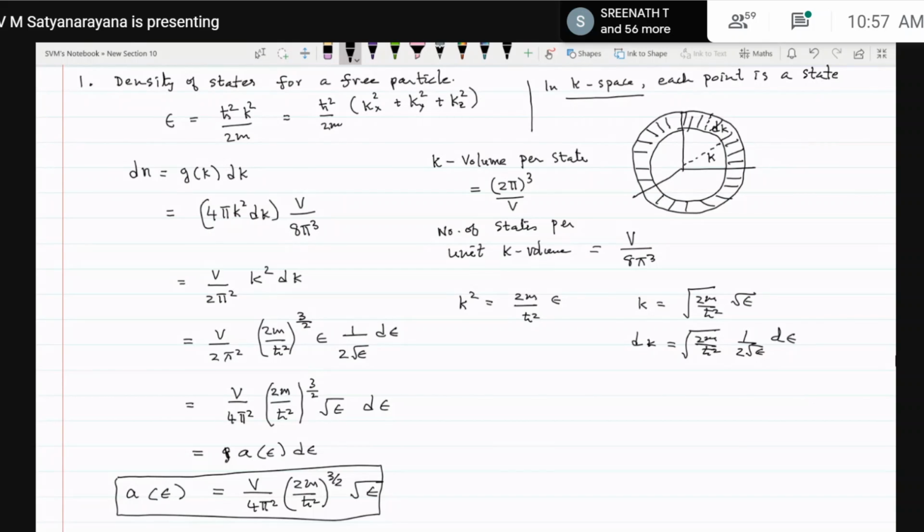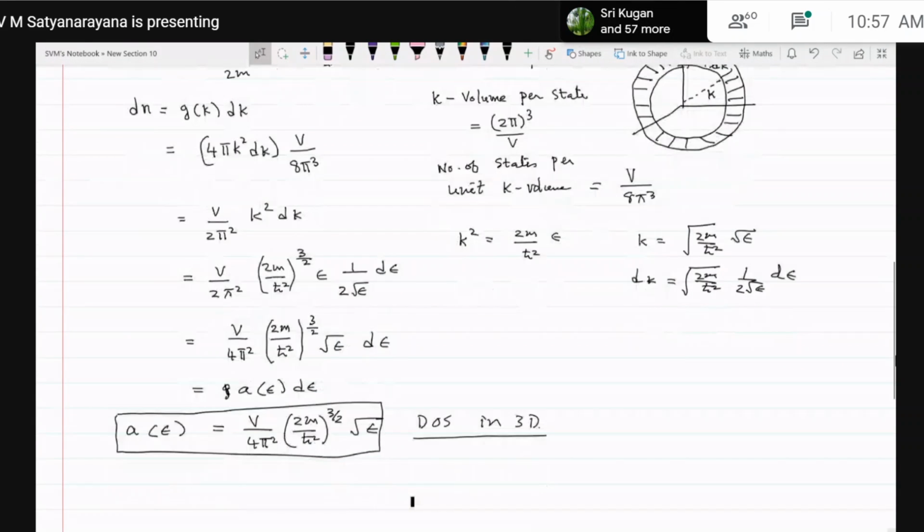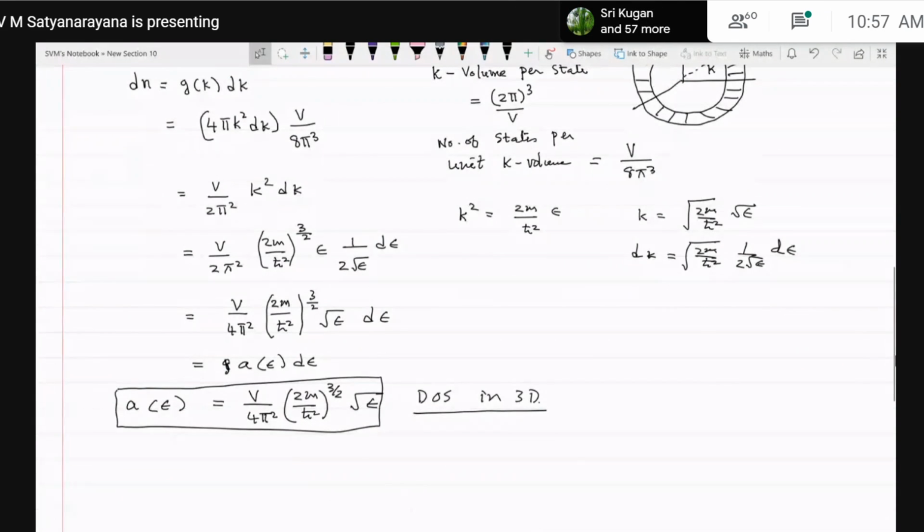So I must say that this is density of states in 3 dimensions. I will not look at density of states in other dimensions today, but I will leave it as an exercise, a useful exercise to do. So let's call it generally, in d dimensions,